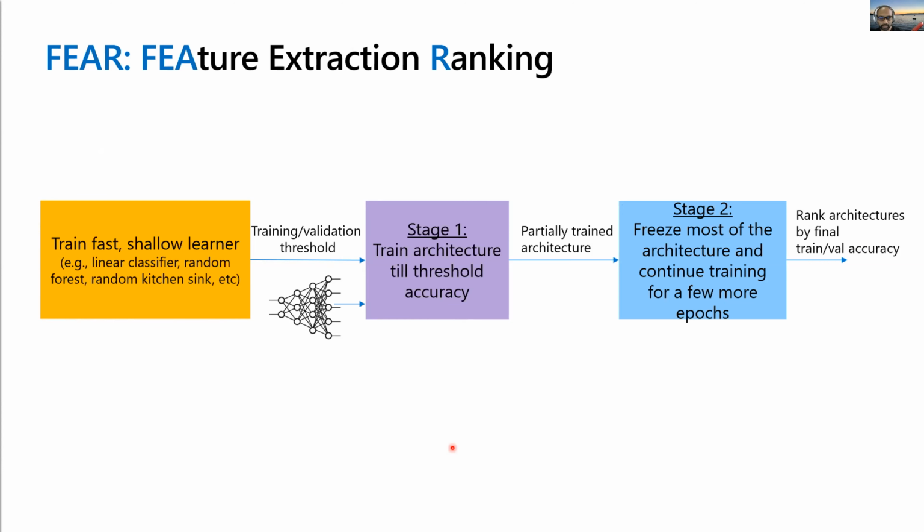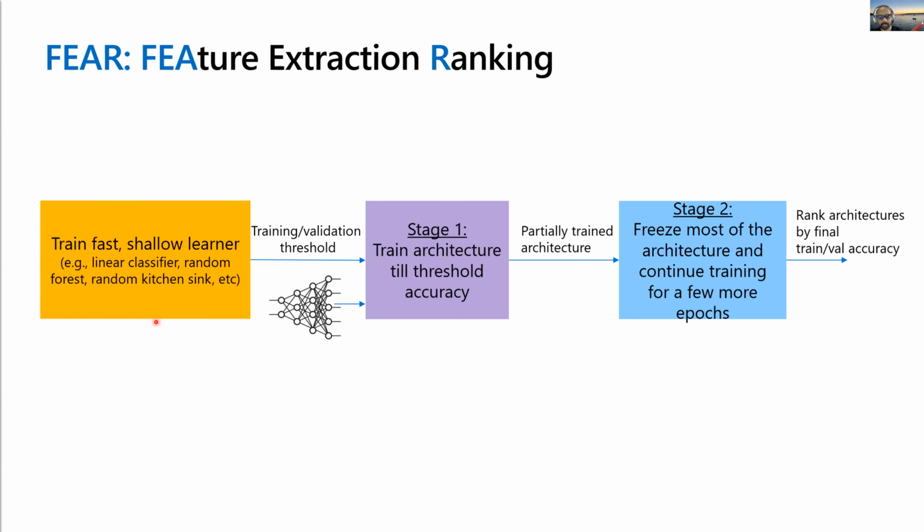So the method proceeds by first training a fast or shallow learner, right? Think of it like I tie your hands behind your back and say you are handicapped from using deep learning, or at least a very deep network. You can maybe use a linear classifier or a two-layer network, a random forest, random kitchen sink of features, etc. Think of pre-2012. What would be your go-to method if you are not going to use deep learning? Take that method and train it on your dataset and task loss function of interest, and that will give you a training or validation error threshold, right?